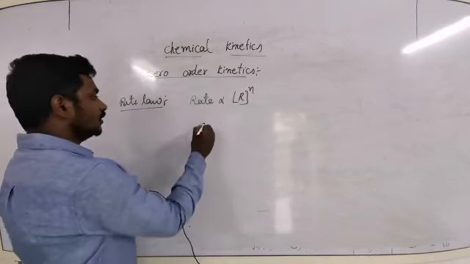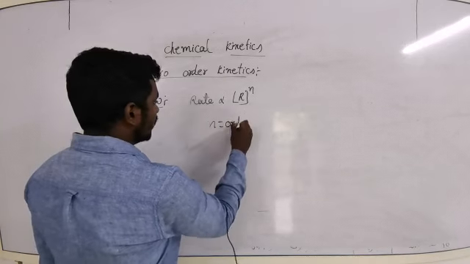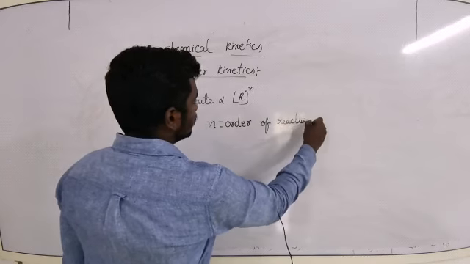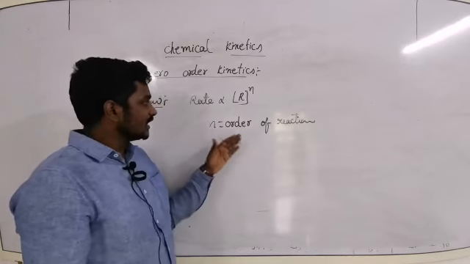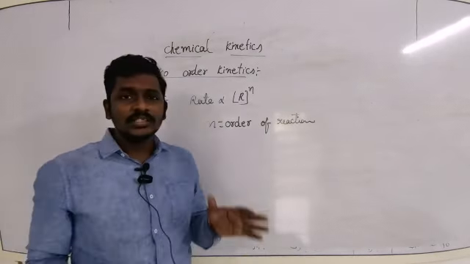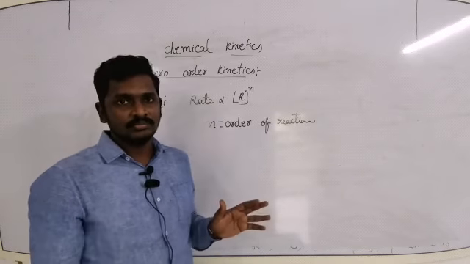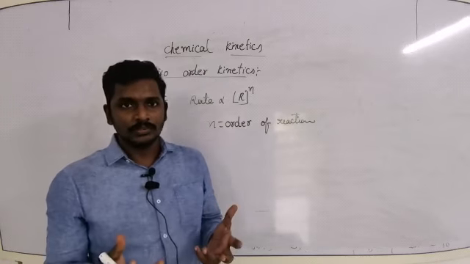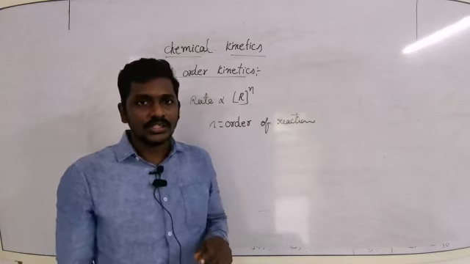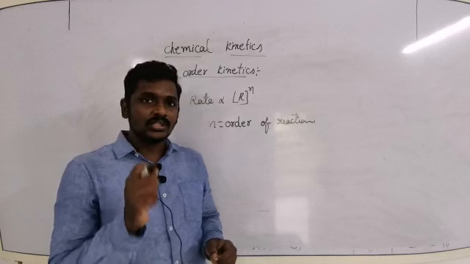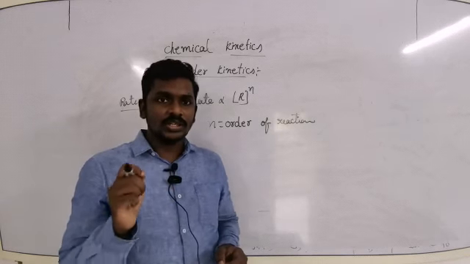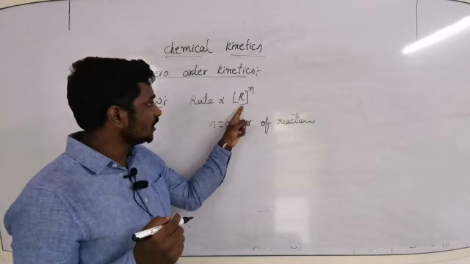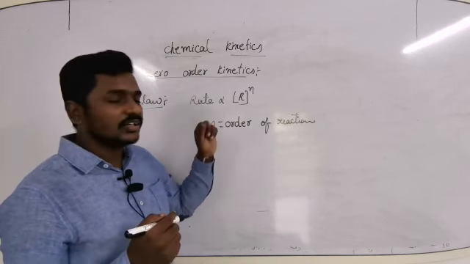And in this equation, the n indicates the order of reaction. In all the reference materials, I see that they simply say n is nothing but the sum of powers of reactants in the rate law. But that is not the actual or perfect definition to make it conceptual. So what I will say about order of reaction is, it is the influence of the change in concentration of reactant altering the rate. How the change in concentration of reactant alters the rate of reaction is said to be order.